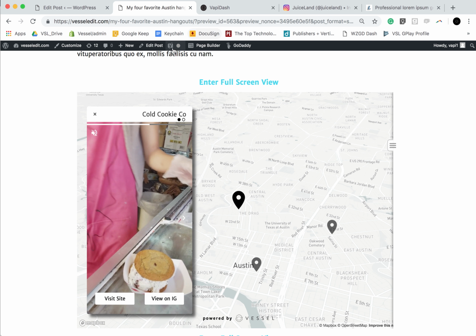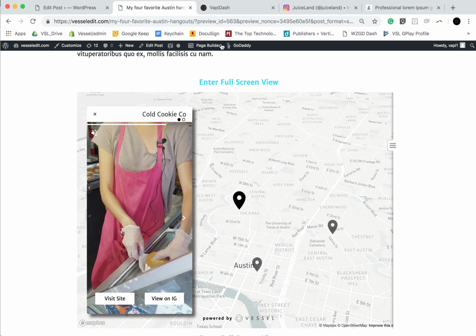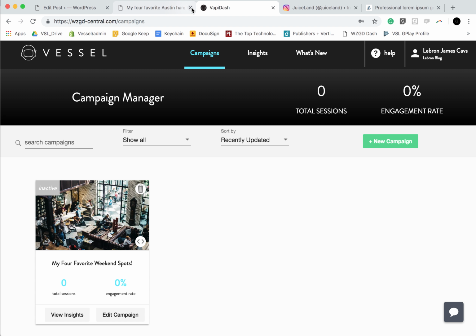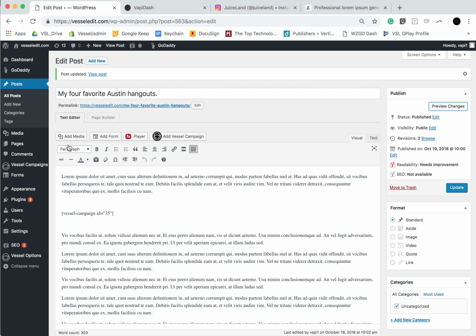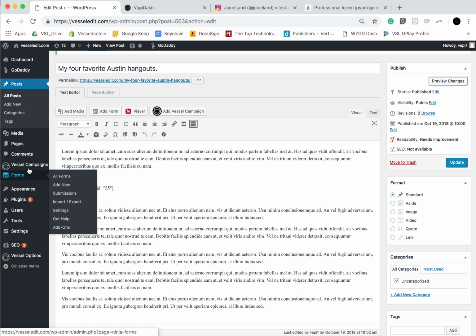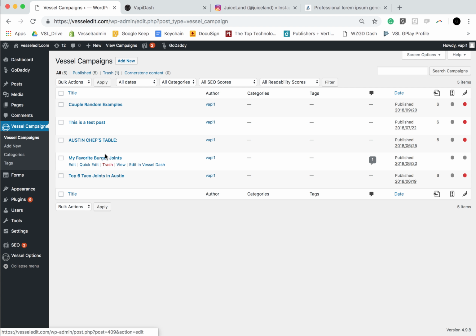So now the second way that you can create content, which I'll show you real quick. Let's exit out of that. Oh, we'll do this in WordPress. Is by doing this in Vessel Campaigns. Now, this would be a good move if you want to keep your posts and your Vessel campaigns separate. If you do a lot of writing on posts that maybe aren't lists or aren't guides, you just keep those all isolated in posts. Some people might like that